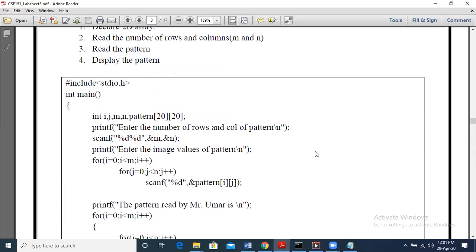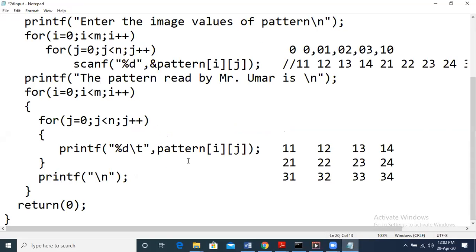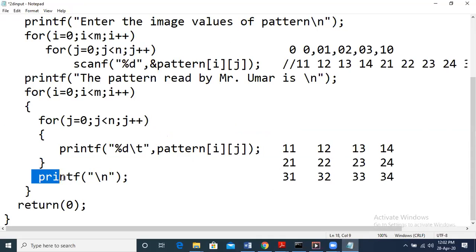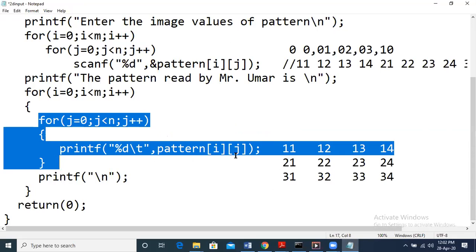Message your doubts. We have one doubt here: will printf \n print a space? No, \n will not print a space. It is only for a new line. Once we have one execution of the j loop, we have printed only one row. The next row we want to print on a new line, so that is why we give this \n. After one row, we need a new line.